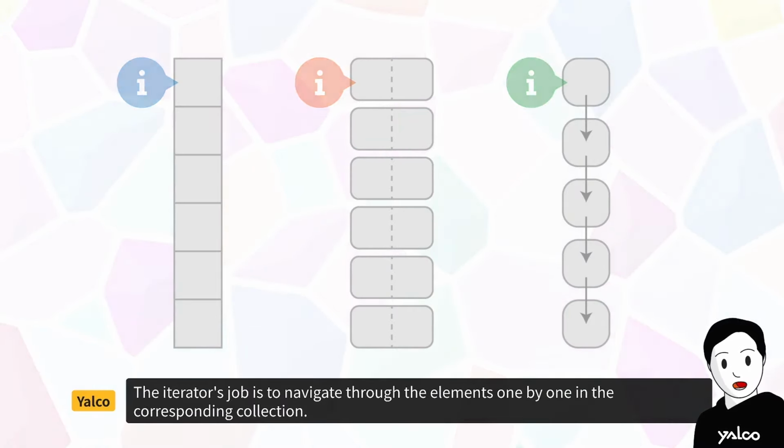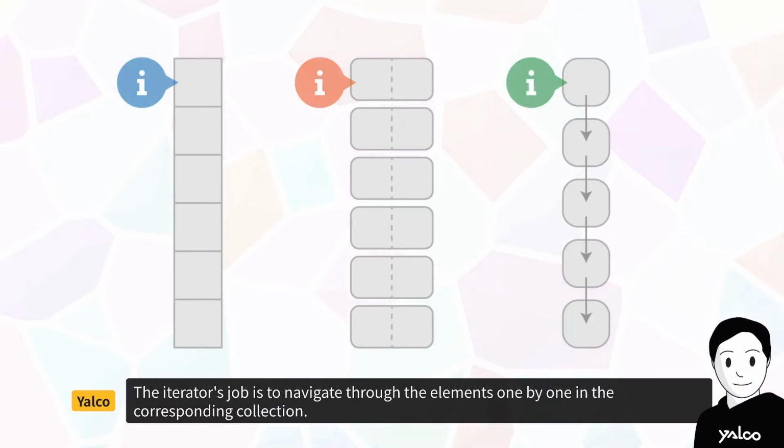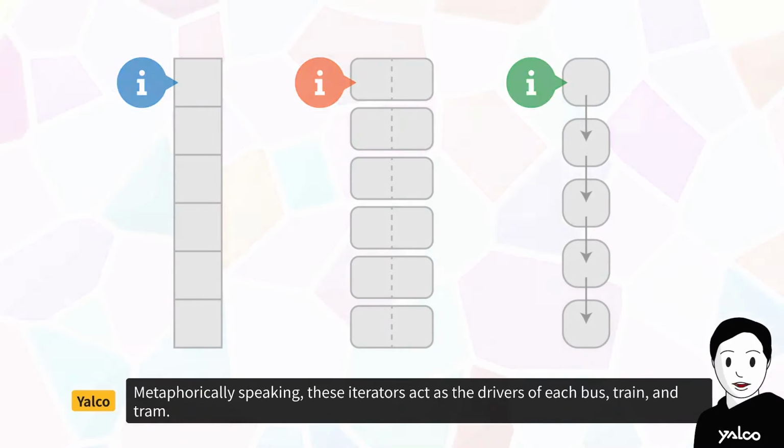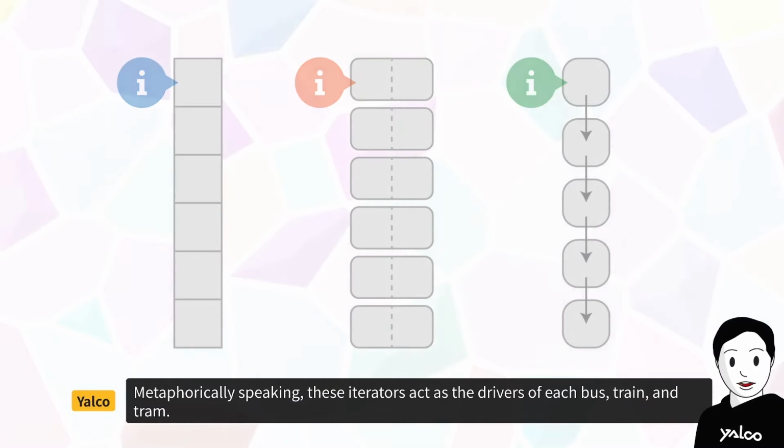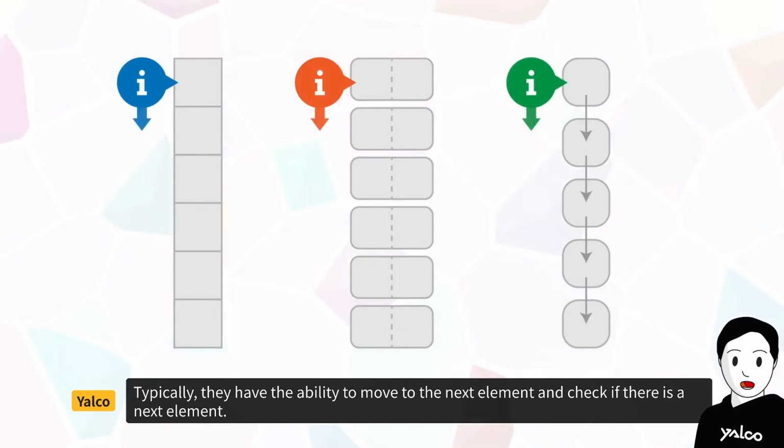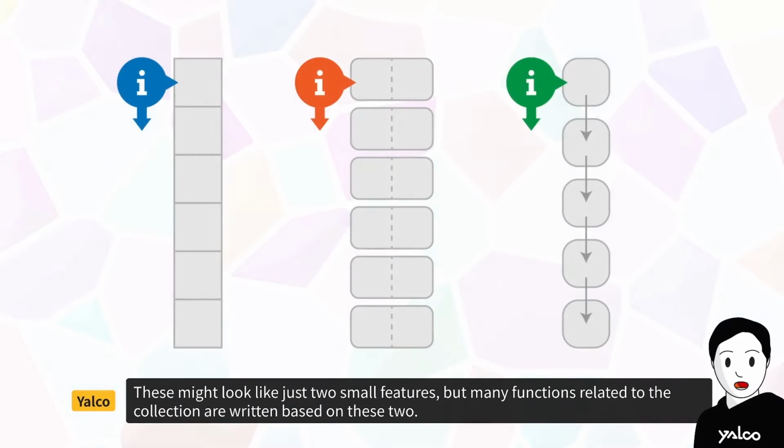The iterator's job is to navigate through the elements one by one in the corresponding collection. Metaphorically speaking, these iterators act as the drivers of each bus, train, and tram. Typically, they have the ability to move to the next element and check if there is a next element. These might look like just two small features, but many functions related to the collection are written based on these